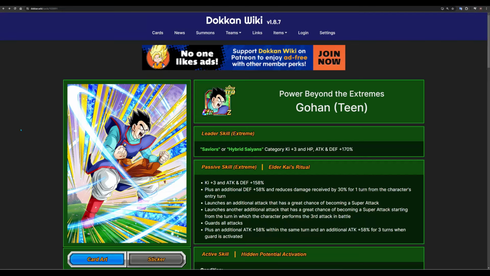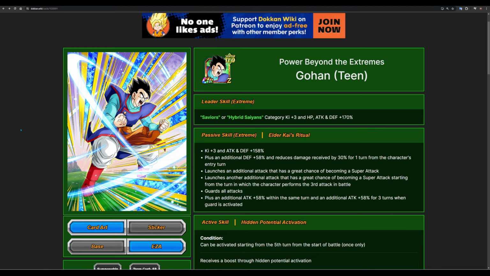If you would rather skip to a certain point, look at teams, look at links, and don't really care about passive because you already know what his passive is, that's completely fine. I'm going to talk about the passives first, and then we'll go ahead and talk about categories and links and all that stuff. So let's go ahead and look at the leader skill and the passive skill for this Tech